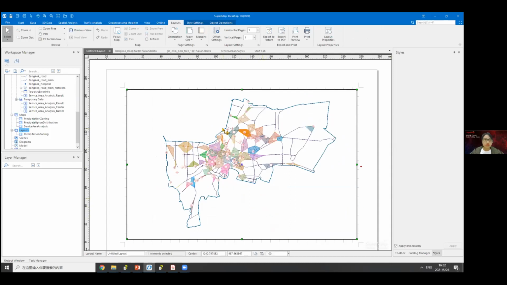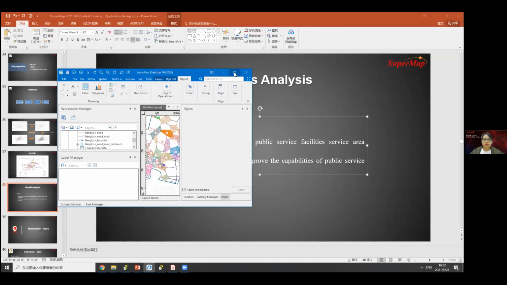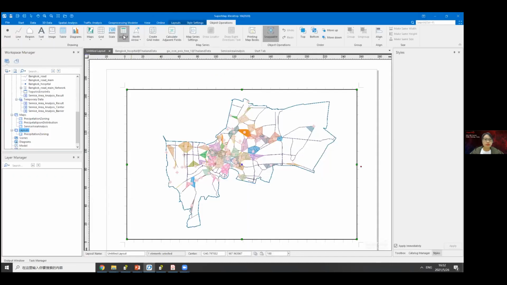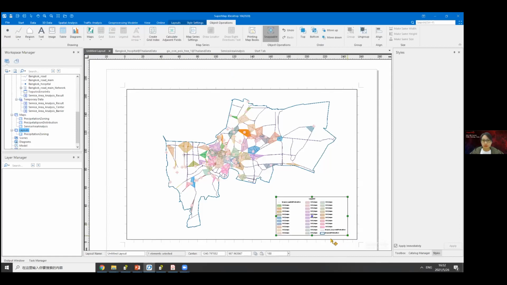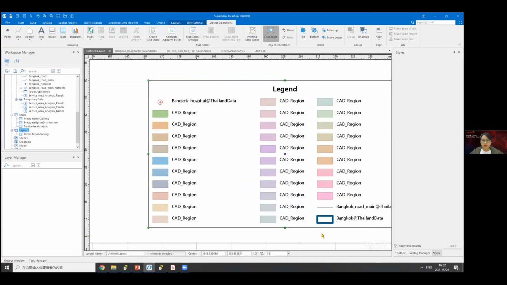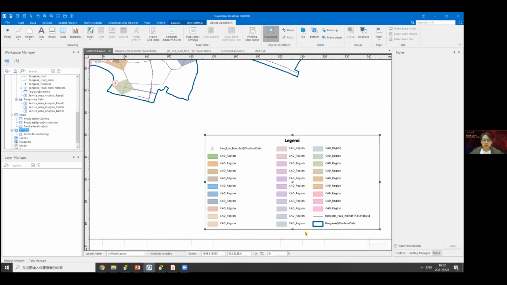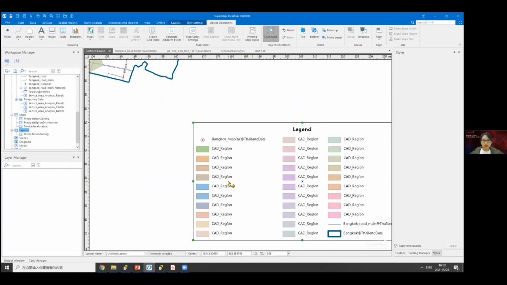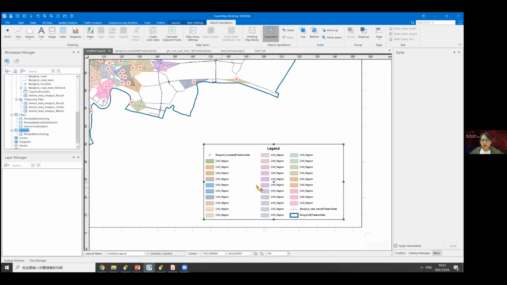Here I just show you how to make the legend. Here we can see the city because the result is a city dataset. So here is no labels on it. So here we can create